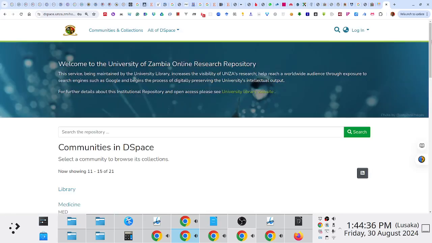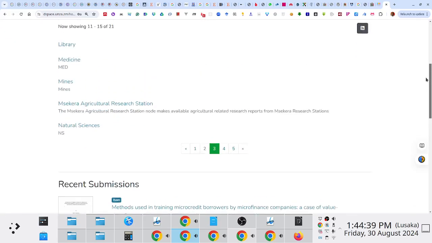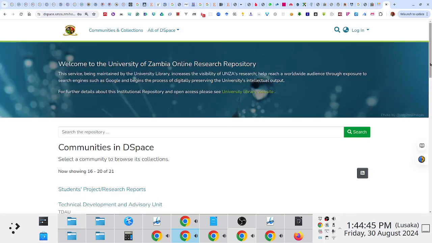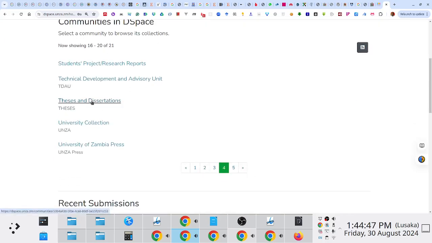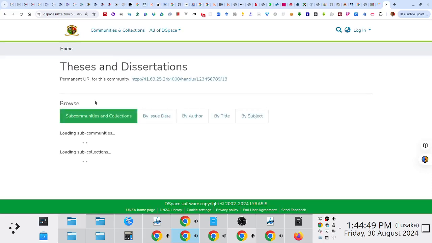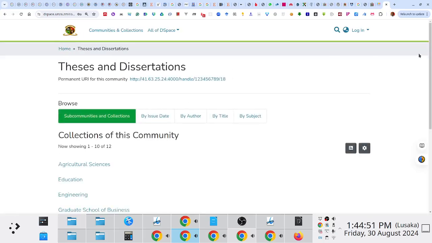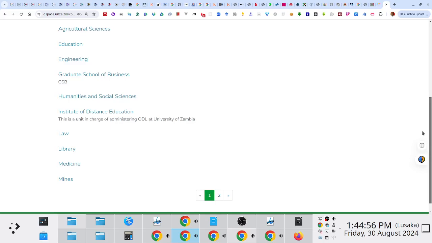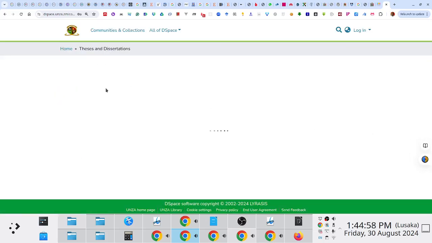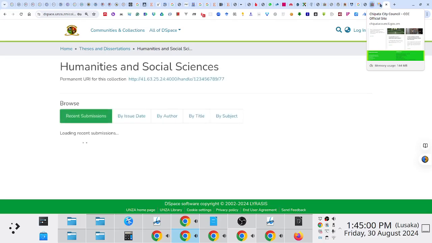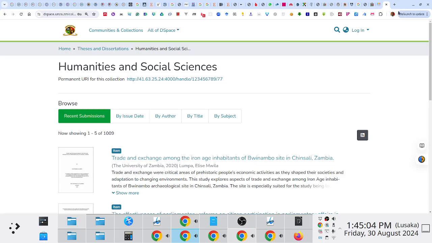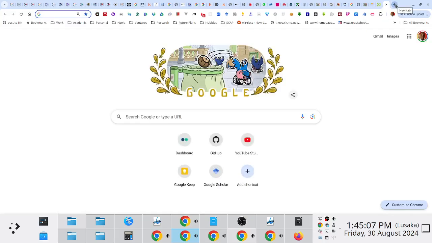I have no idea if the long papers that you produce are archived here. They should be archived here. So if you do a bit of searching, you'll probably find them in the thesis and dissertation communities, probably in humanities and social sciences or something. Now here's the thing. If you look at this piece of software, it looks like it's unique to UNZA because it's been branded and stuff, but it's the same piece of software